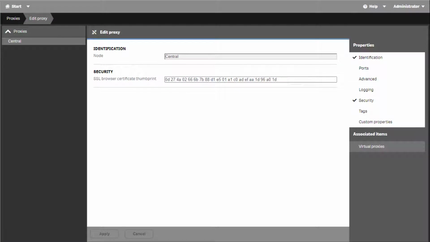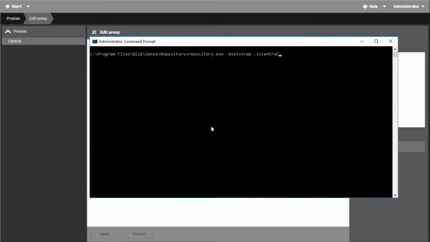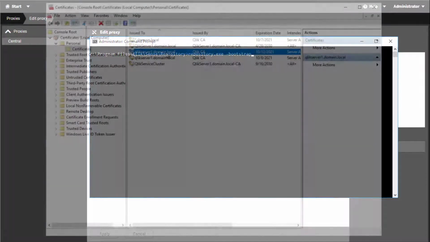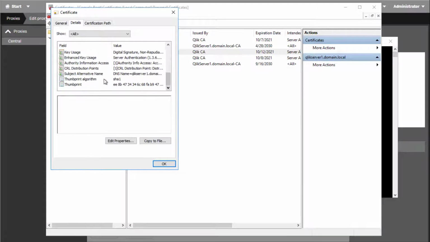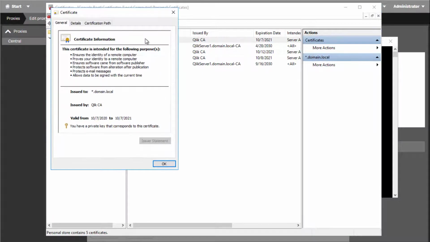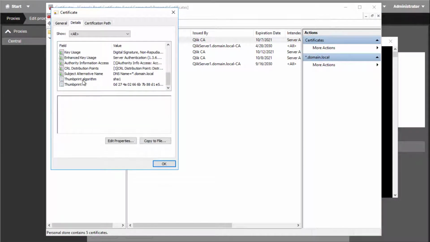Note that if there are multiple ClickSense RIM nodes with enabled proxy service, the same process needs to be performed for each node. If the ClickSense service account is not a local admin on those nodes, the bootstrap command without the isCentral parameter needs to be used as well. For certificates, a common practice is to either add the additional RIM node DNS names to the certificate as shown in this example, issue separate certificates, or use a wildcard certificate.